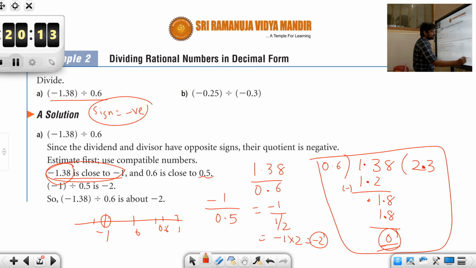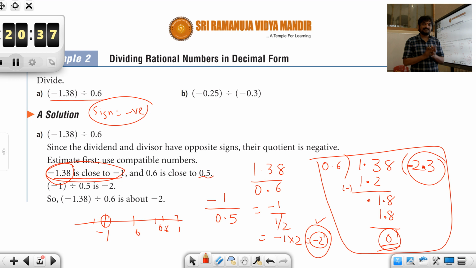Okay, students. So you will be getting minus 2.3 if you do the exact decimal division. But approximately we can find that our answer is minus 2. How did you find this? Approximately find the compatible numbers. Find the nearest numbers that you know. Just to visualize the result, how close it will be, because there are high chances that we will be committing mistakes when it comes to decimal representation or decimal point notation.